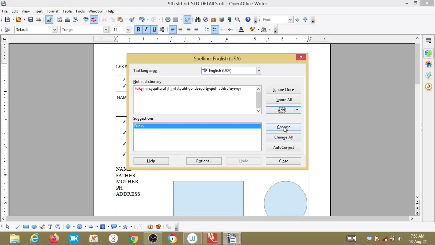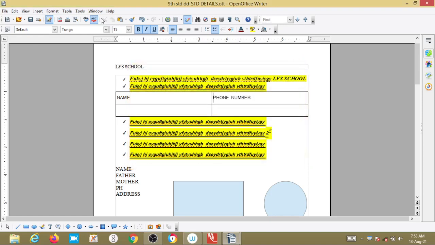Then if you want to change, it will change this FUKYJ to FUNKY in this particular place. If you give Change All, wherever we find this particular FUKYJ word, it will be changed to FUNKY, clear now. That is spell check. This much is enough for you.